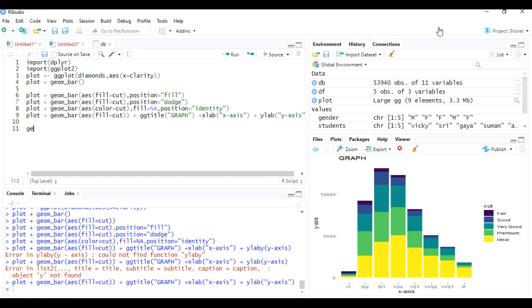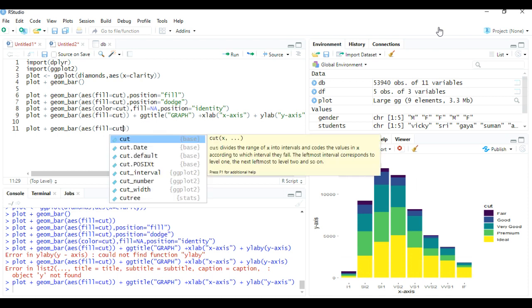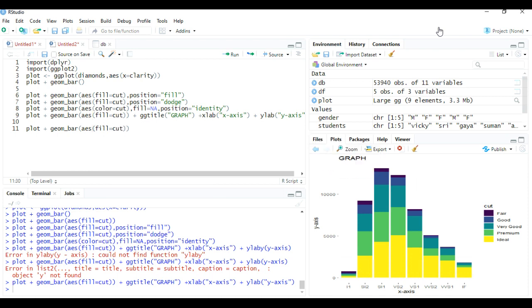So plot plus geom bar, in aesthetic function I'm going to use fill equals to cut, okay, and comma position equals to dodge.